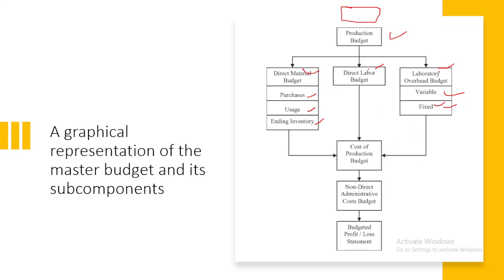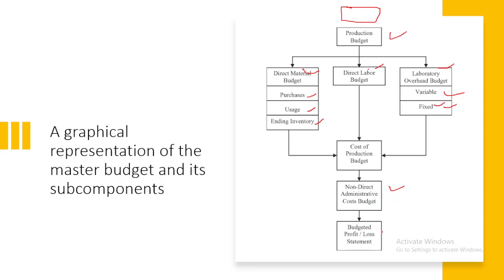And then all of these will form part of the production cost, so we're now going to talk more of the cost of production budget. We'll talk about the full total cost of production, so that this is how much you expect to spend. And then we'll also talk about non-direct costs, which are non-manufacturing costs related to overseeing that the process of manufacturing and selling gets to be done properly. So there will be budget for those people, salaries of your administrators, salaries of your supervisors. So all of those would fall within the non-direct administrative cost budget.